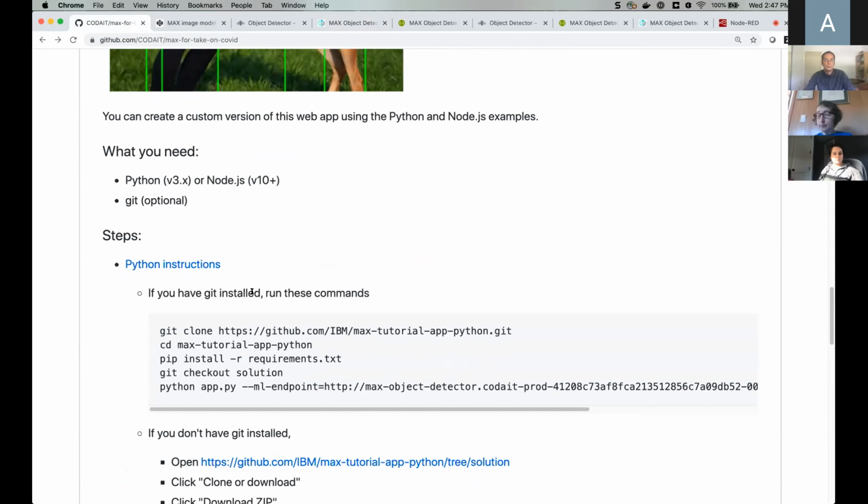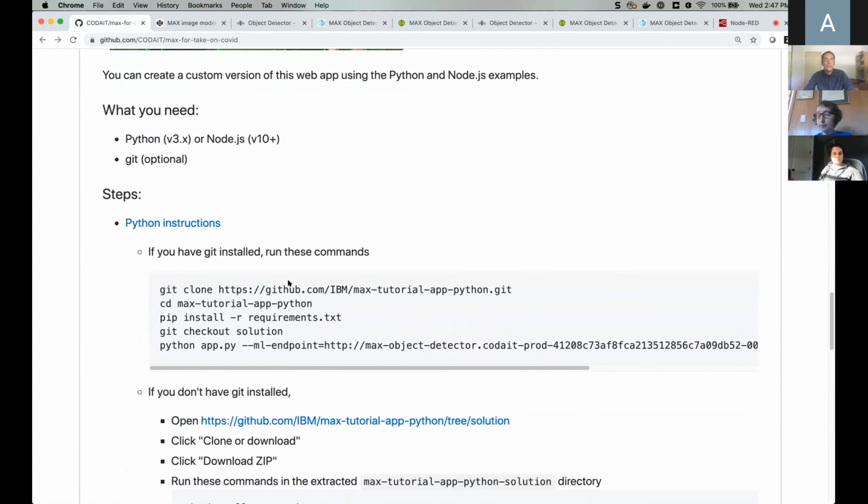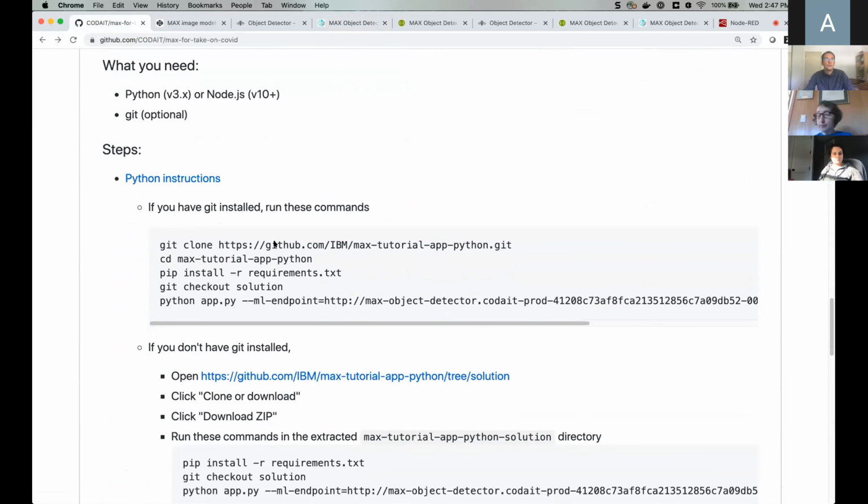So they, for example, don't have the slider, so you can't really change the threshold, but they give you an idea how you would implement something like this, right? And we have instructions for a Python application. So if you have Git installed, you can simply clone the repository, install the requirements, check out the code, and then run the application. So this takes about 2 minutes, and you're up and running in your environment.